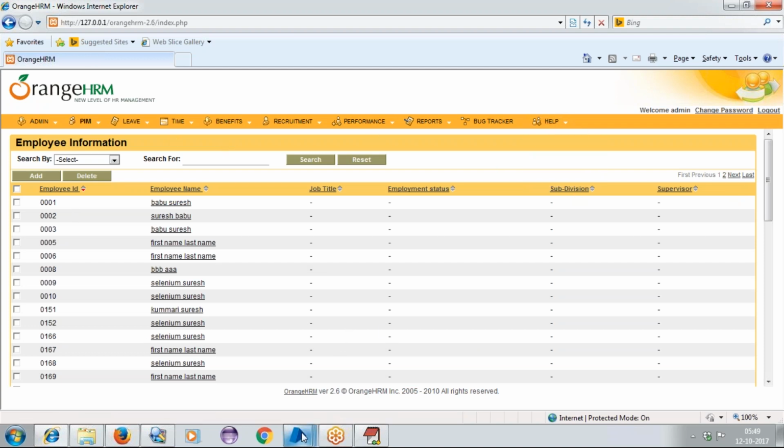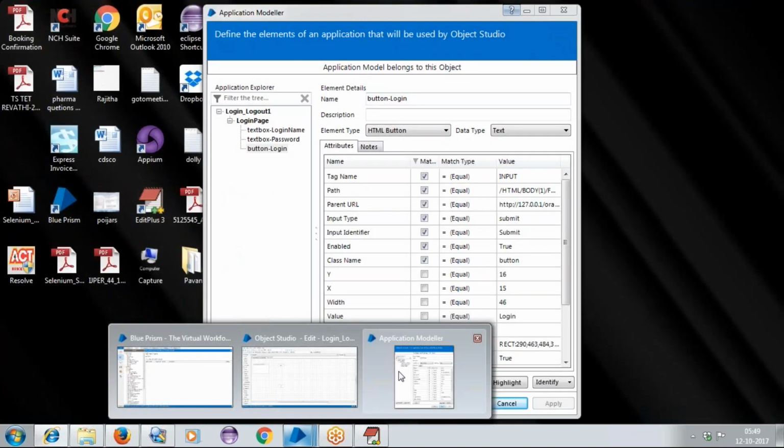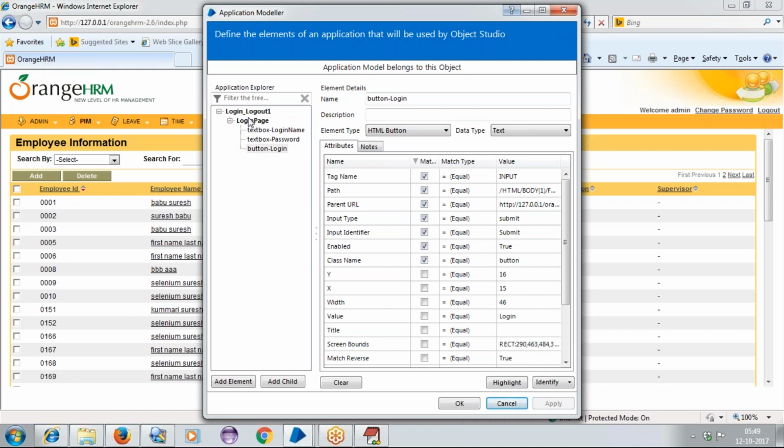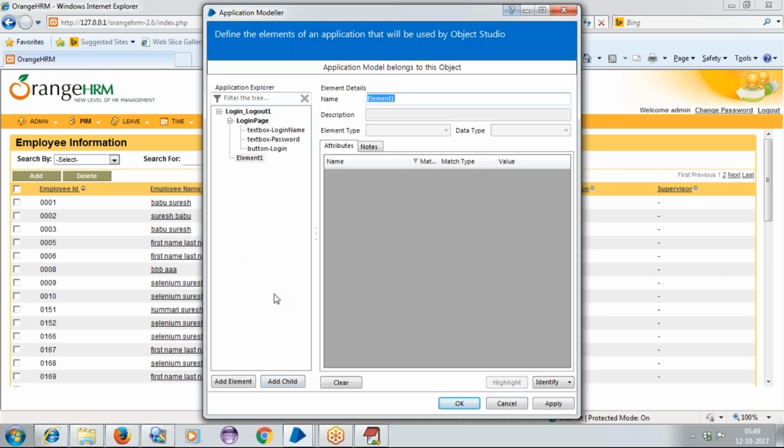Okay. Then what I will be doing. Now this is the login page, right? So under the login page, I'll be taking this login logout. So here I'll be taking the add child here. Now this is the home page.